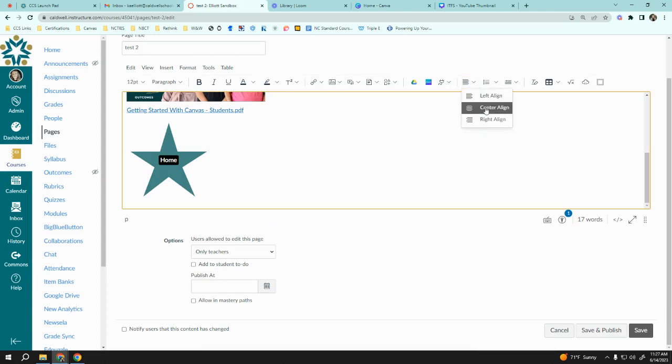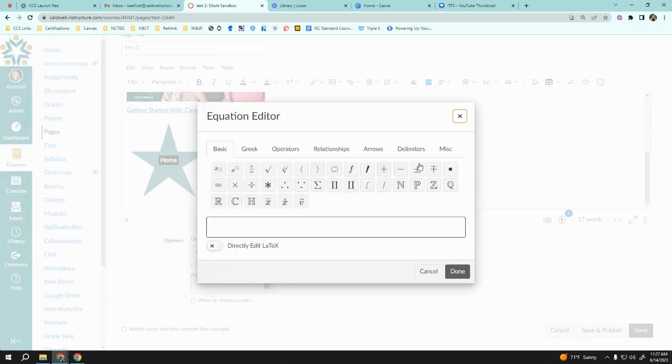Here, that's your left align, center, right align, that you would see like in a normal Google document. Bulleted lists, indents. If you want a clear formatting, there's that. Adding in a table, you can add that from here. For my people who need equations,